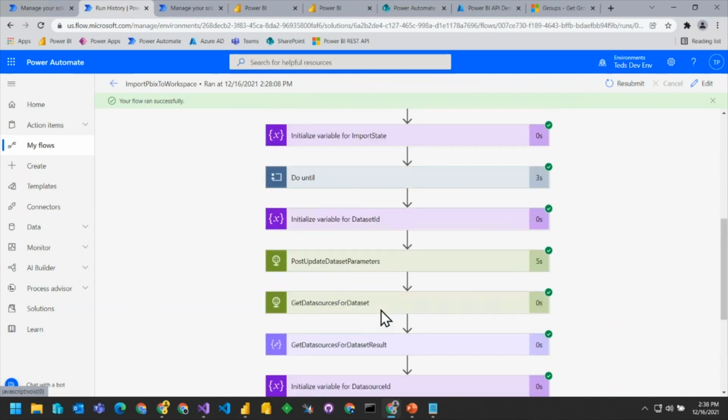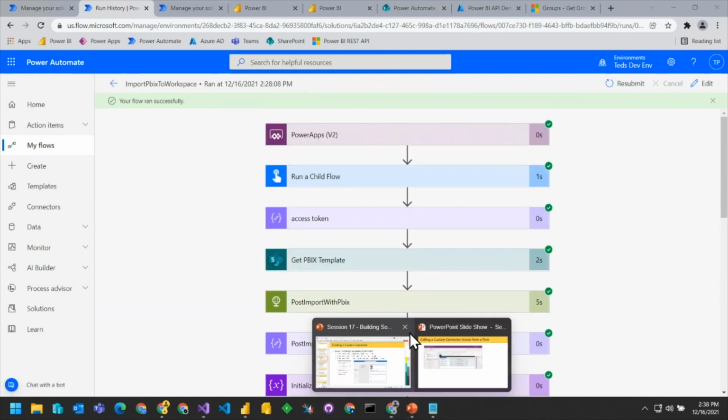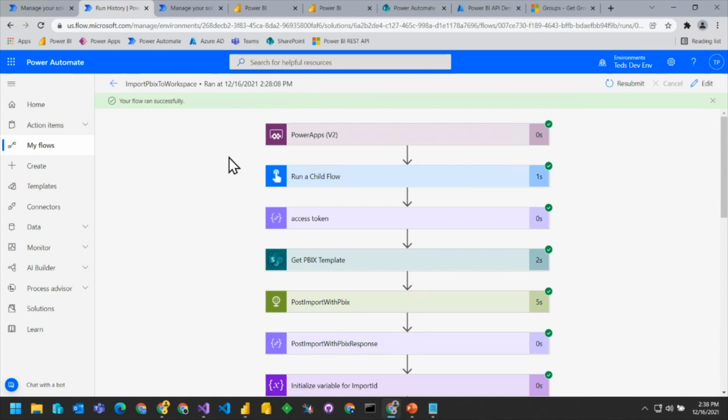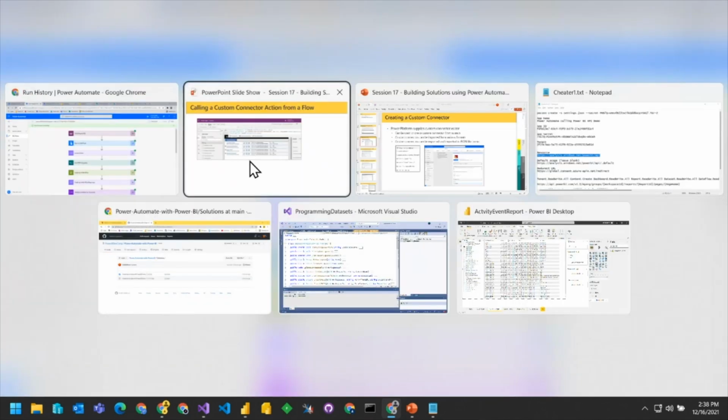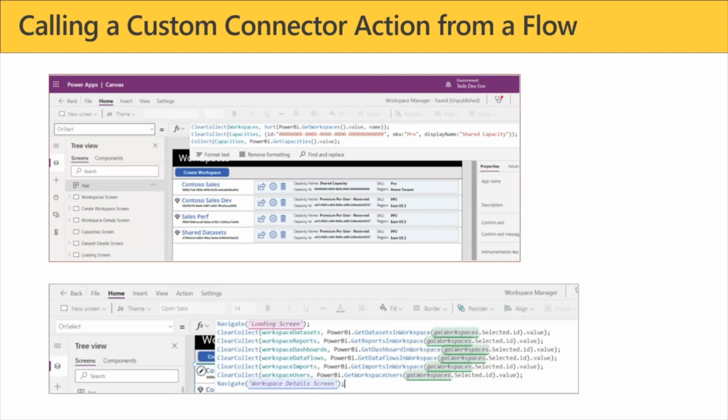Okay. So once again, you can see how we're able to put all this together into a single flow. And one of the things I wanted to demonstrate here is that quite often, if you have a Power BI API call where you just call it and get back data, you can call it from a Canvas app. But when you call it and get back an import ID, and then you have to keep saying, is this import job associated with this import ID done yet? And you keep polling, that's something where we have to do that work in a flow.